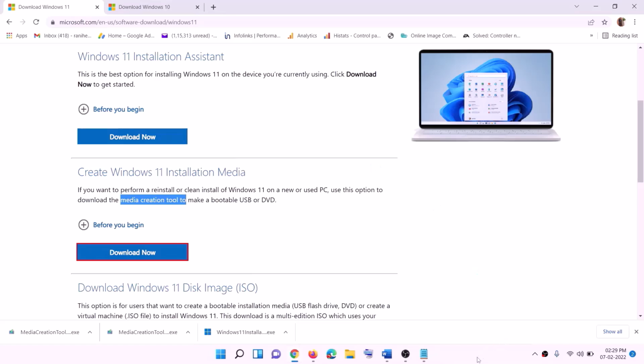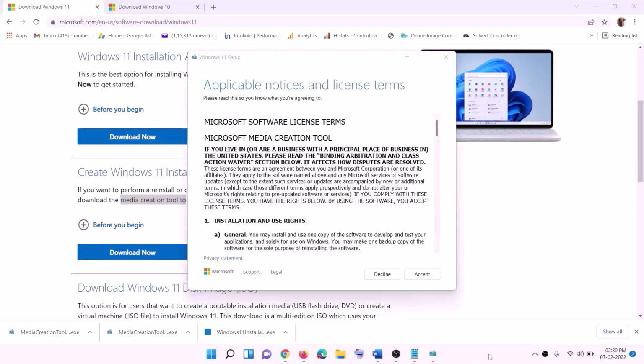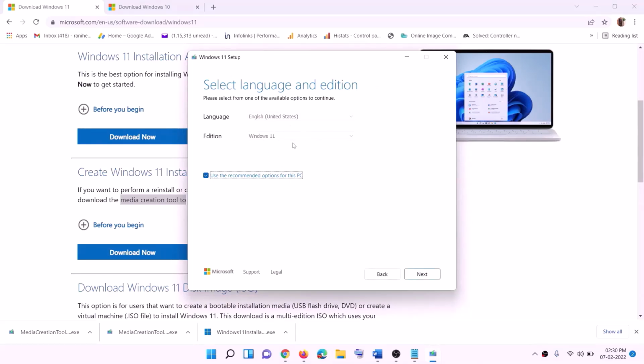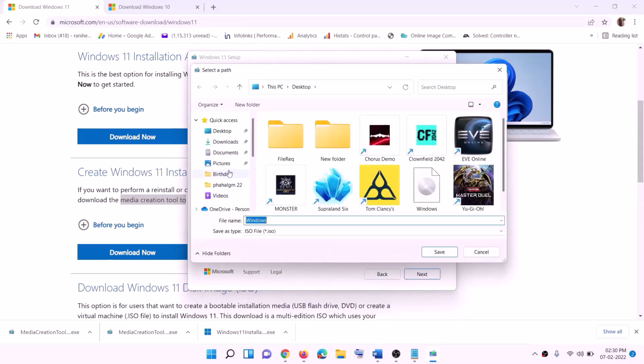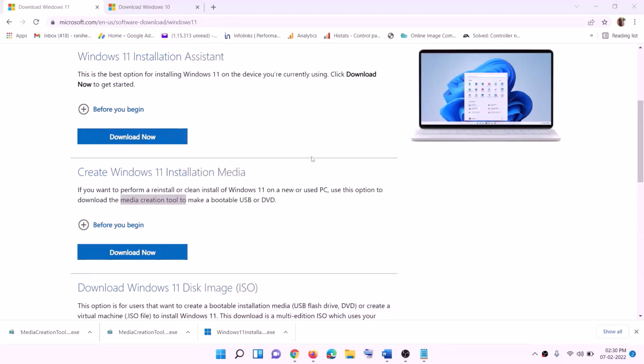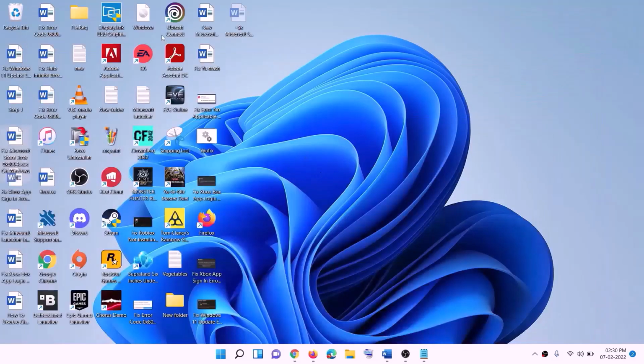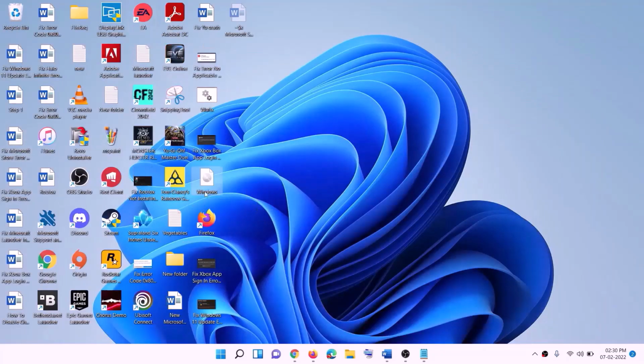Now this will load Windows 11 Media Creation tool. Now click on accept. By default Windows 11 would be selected. Click on next. Select ISO file, then click on next. You can save the location. You can set the location as desktop and then click on save over here. Now once the download is complete, click on finish and then go to desktop, find Windows ISO file, make a